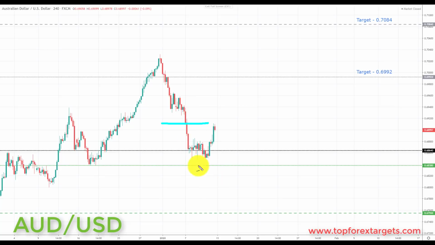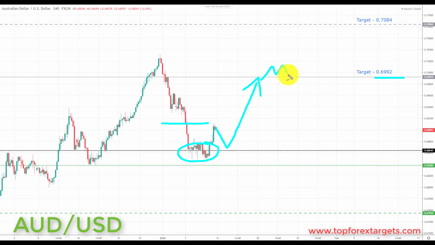And there was no setup in the Aussie dollar last week, but going into this week, we are now sitting at a key area of support at 0.6864. This is a key area of broken resistance from the past, turning support last week. And this is now going to be a great place to start to look for those bullish setups in this market. And if we get the right kind of bullish setups in this area, we're going to be looking at initiating longs up towards the next key area of resistance, the upside and the target set, the 0.6992.